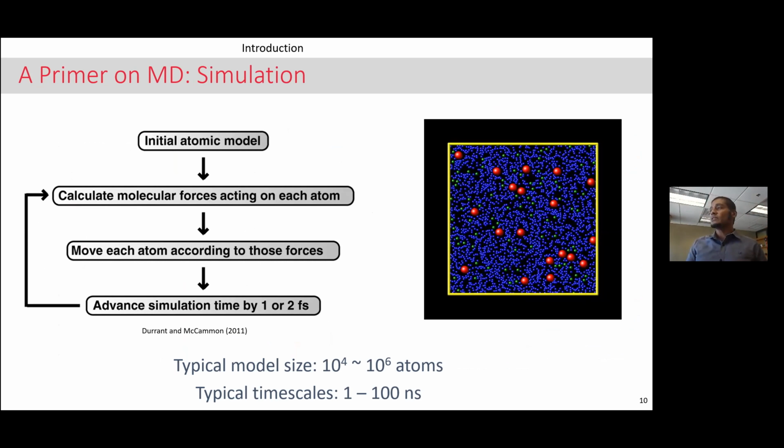Of course, the Lennard-Jones potential has a radius, and then you have some atoms within that radius, and each one of those atoms is going to be affected by that specific Lennard-Jones potential, and it's going to move in a certain direction. But at the same time, this atom is under the influence of other forces as well. We're essentially just solving Newton's laws of motion. Force is equal to mass times acceleration.